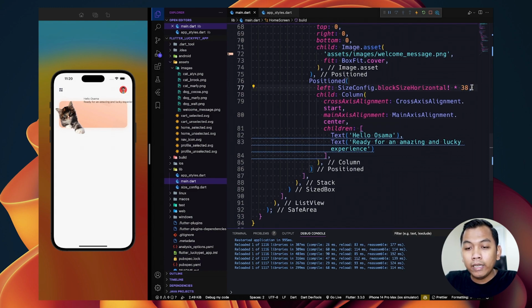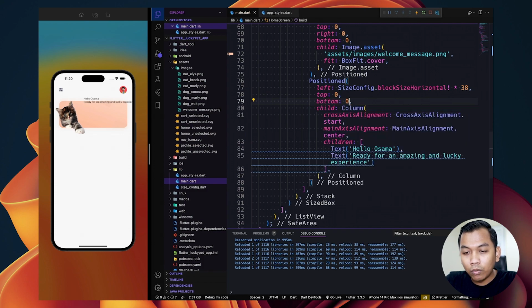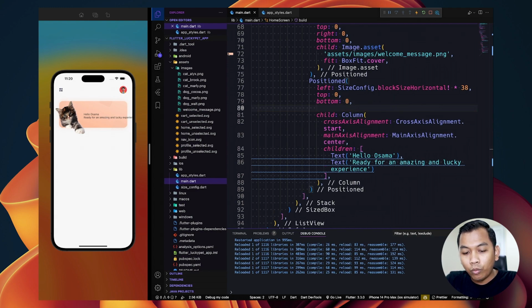To make it centered, we can simply say top 0 and bottom 0, and it will be in the center. The next step, we need to say right to be 0 to make our text inside this column still inside this position widget. Look like this.